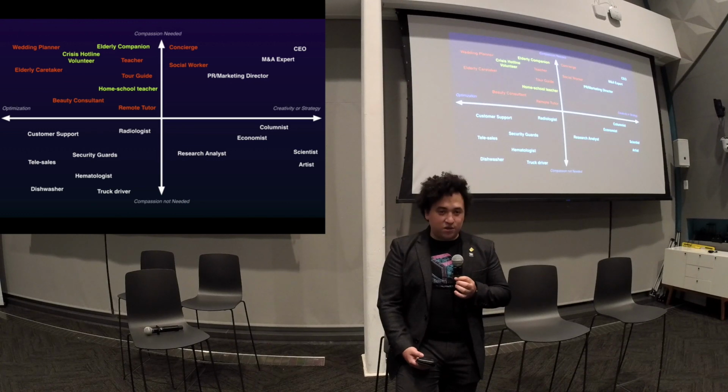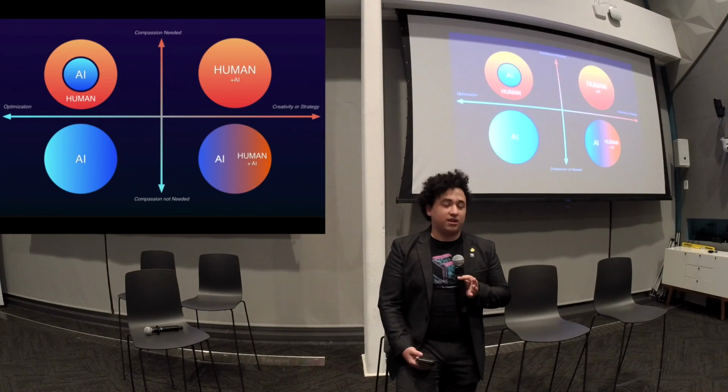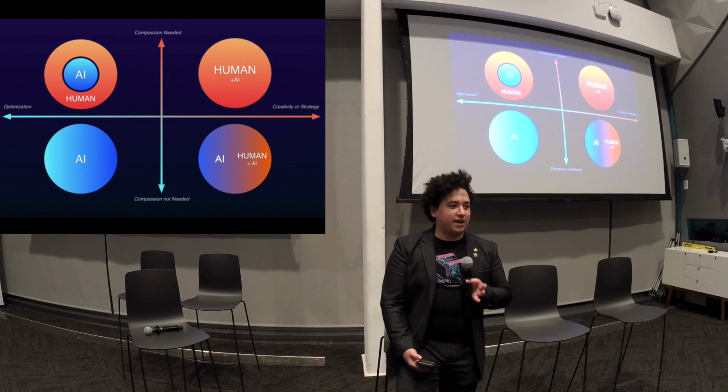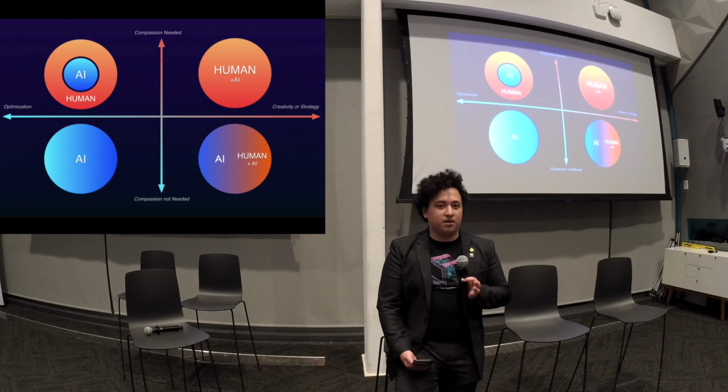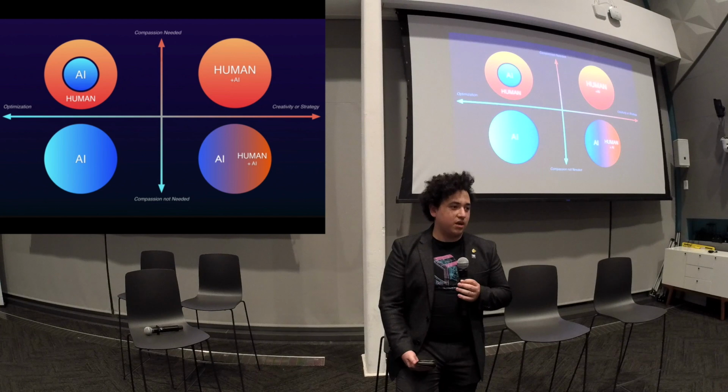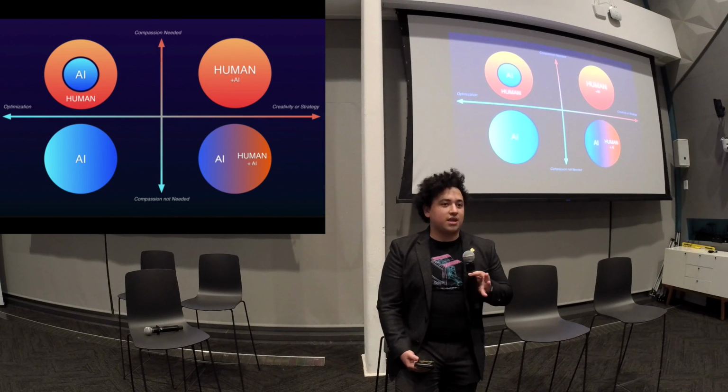So that's one thing that if you blanket human compassion around it, then you get this framework, right? If you don't need compassion and it's highly optimizable, AI will do it better. If you do need compassion around it, think about elderly care, you can have AI at the core telling people what to do with the actual medical treatment, but for the person telling you the news, like, hey, you have X, here's how long you have to live, the hard news, a human is always going to be better at delivering it. So you just envelop that cold AI, as he calls it, with human warmth.